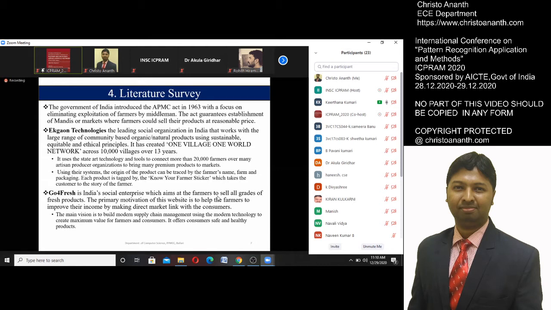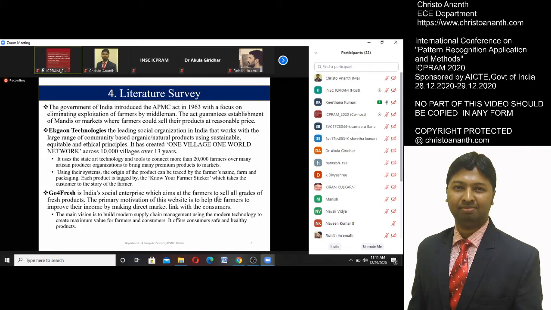I'm going to say a few words about the problems farmers are facing. Today in India, farmers are getting less benefit from what they produce. They sell it for a very low price, so they are not getting benefits in the markets. They sell their products to the middleman, and the middleman and some other processes go on, so the middleman gets the benefits. Farmers are getting less benefits.